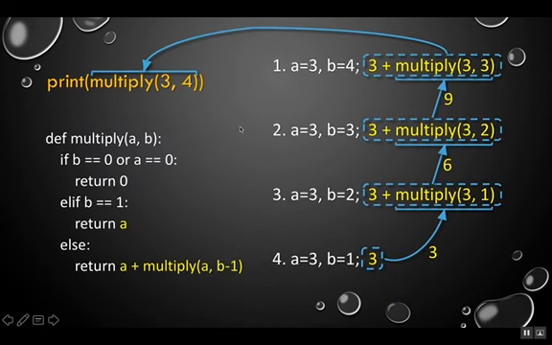So here's an example. We have a very simple recursive function here, and this statement here is calling it. I'm just going to print out the result of it, and the function is called multiply. It multiplies the two parameters together. So in this case, I'm giving it 3 and 4. So the parameter A gets the value of 3, the parameter B gets the value of 4. And as it jumps into the multiply function for the first iteration, A is 3, B is 4,